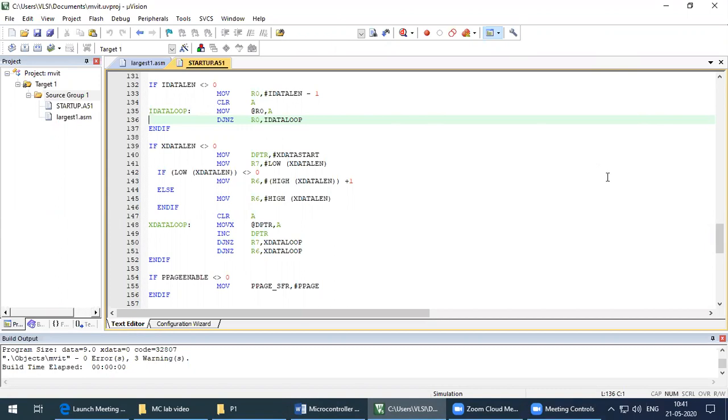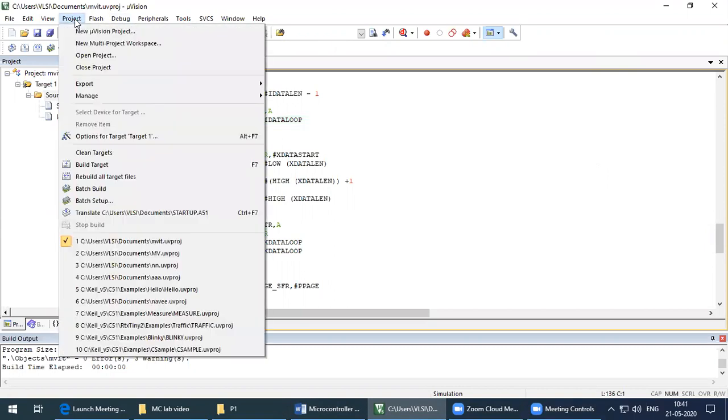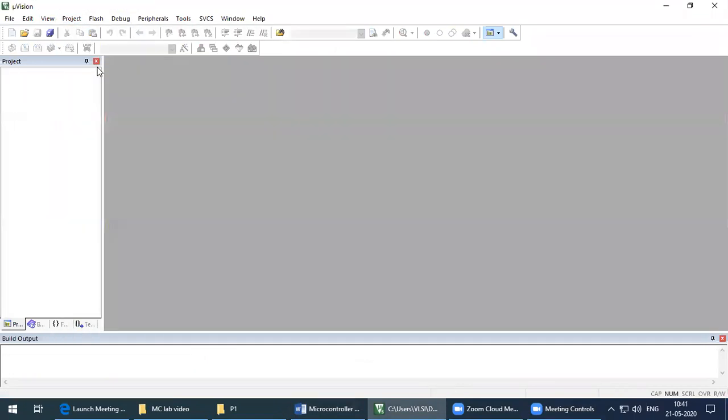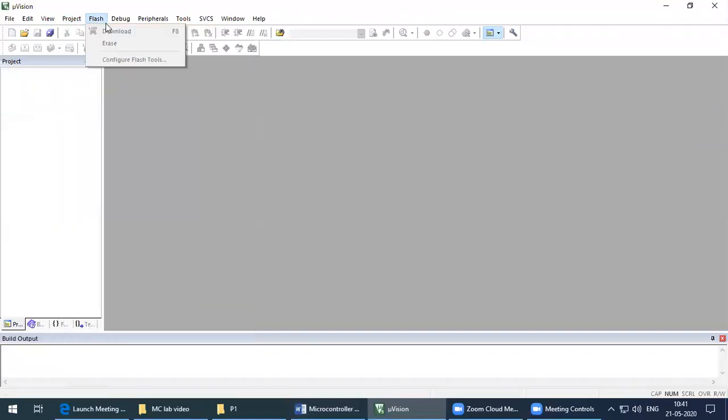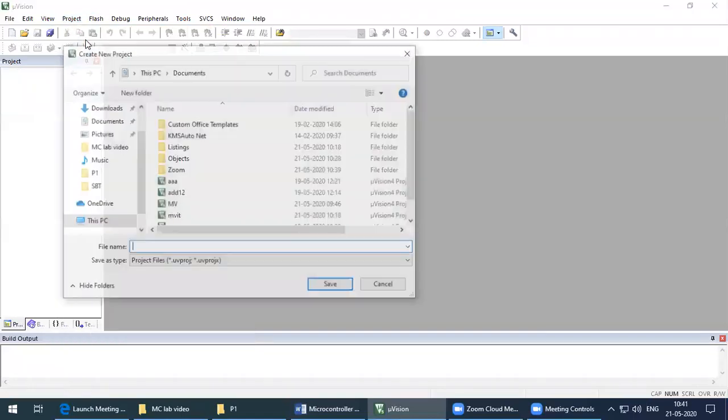Whenever you start writing any new program, we need to create a new project. For that, go to Project. If any project is open, you can select Close Project. Then go to Project and select New MicroVision Project.